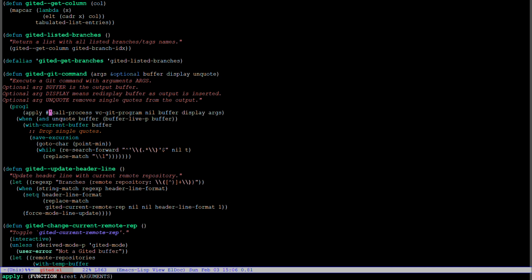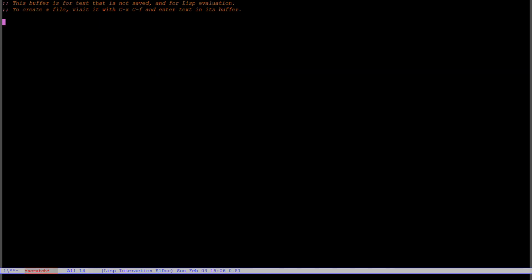Think about it: call-process in one remote machine using TRAMP. You should know that call-process can only be used on the local machine using the local binaries. So you cannot use call-process here. You should use process-file, which is able to use a TRAMP handler. So this is the only thing to do to fix this problem.